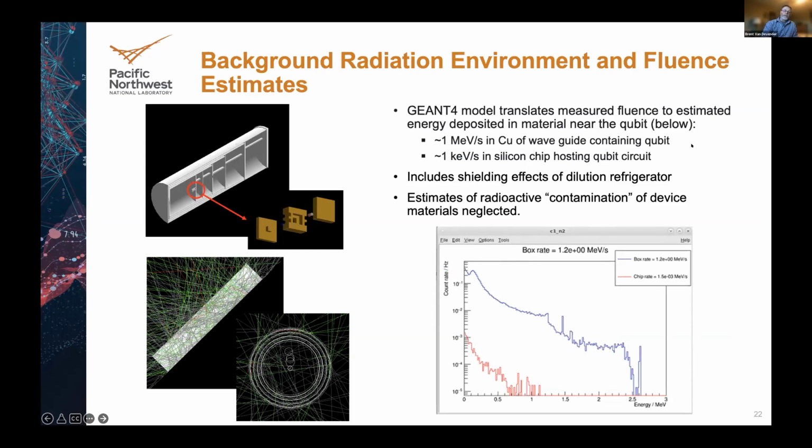And so we made two different estimates shown in the plots on the bottom right. We made two different ones because we actually aren't sure where the energy deposition matters. So maybe you can absorb energy from as far away as the copper box that the qubit device is mounted in. That's the larger plot, the blue one. Much more energy there, just because it's a bigger hunk of material. And then the red is a simulation of the energy spectrum of radiations absorbed just in the silicon qubit device itself.